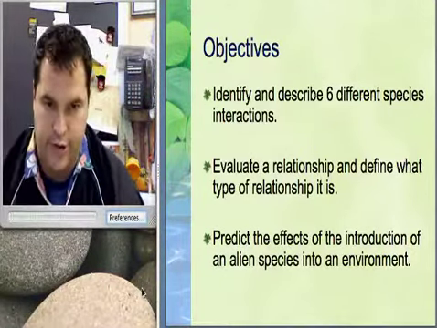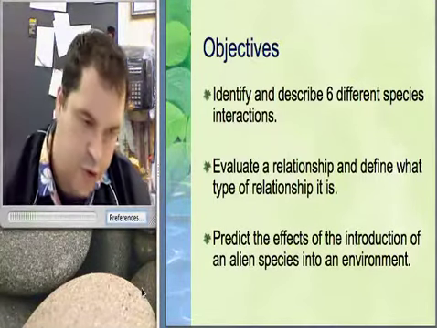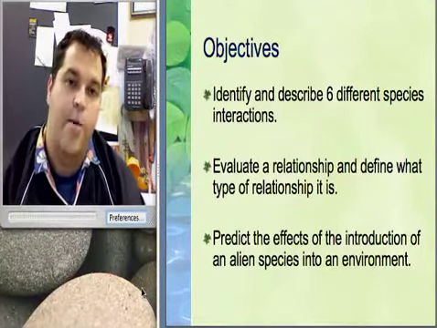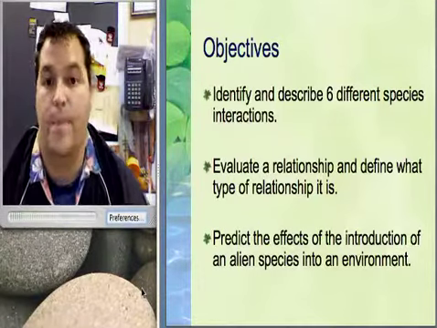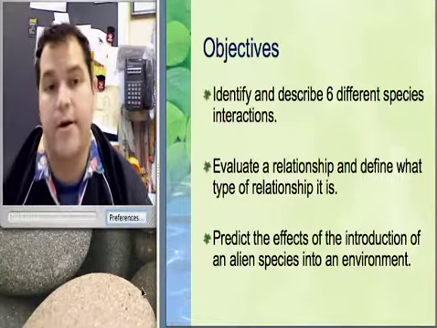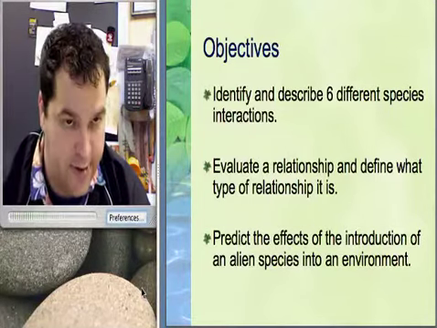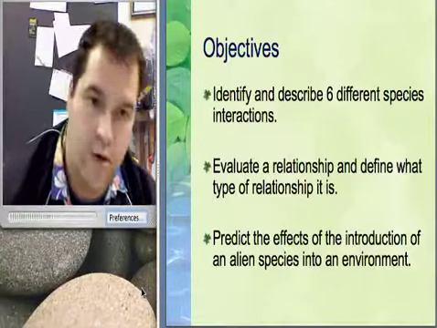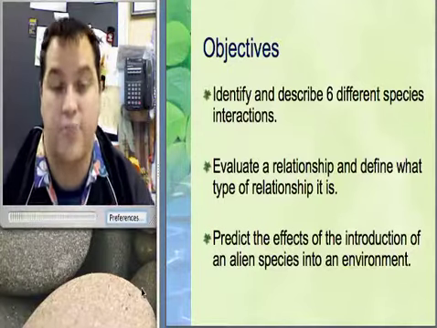Those are all relationships. And finally, can we predict what would happen if we introduced an alien species into the environment? Well, sure. The alien species might not be able to adapt, in which case it would die and would be okay. But if the alien species is more likely to adapt and be able to compete, then the native organisms either have to step up their competitive game or they're in a whole lot of trouble, meaning that their food source could be outcompeted, which means they're going to die. And every organism that depends on them is going to die. And every organism that depends on the one that depends on that organism is going to die. And it's the song that doesn't end. It just goes on and on, my friend.